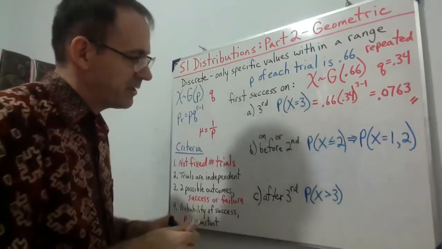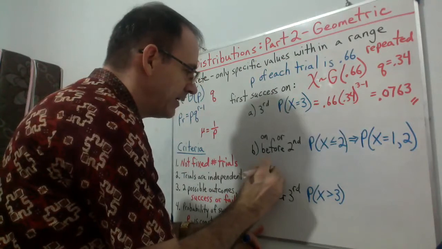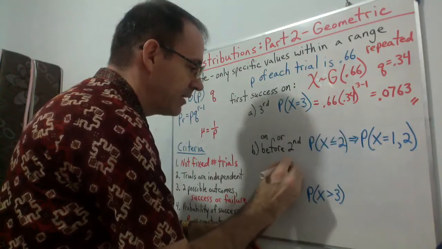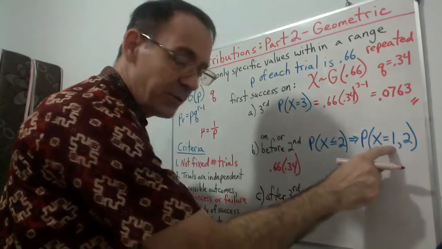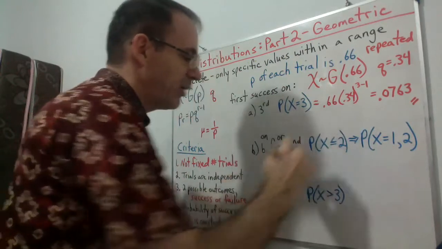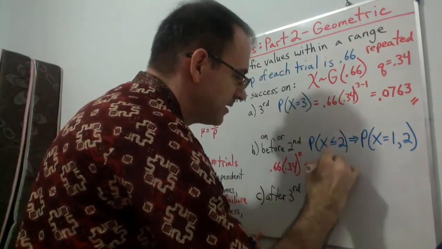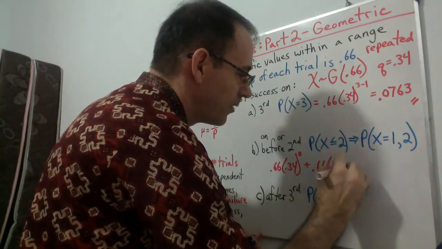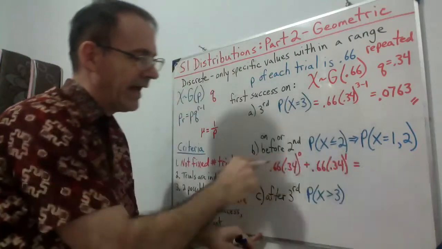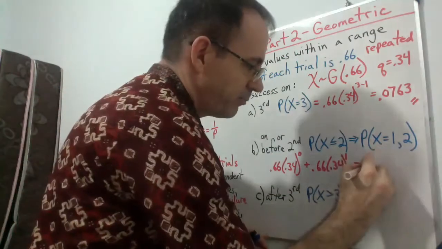Now it's just a matter of following the formula. So we have 0.66 times 0.34. For this first one, 1 minus 1 is 0, so to the 0 power, plus 0.66 times 0.34, 2 minus 1 is 1. And when you add up those two probabilities together, you should get